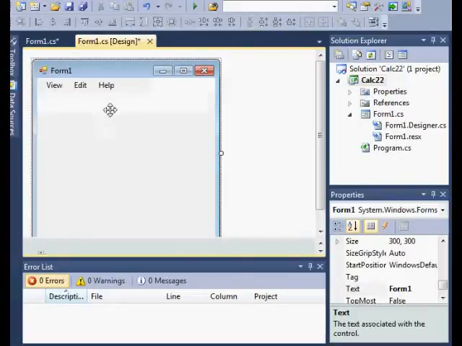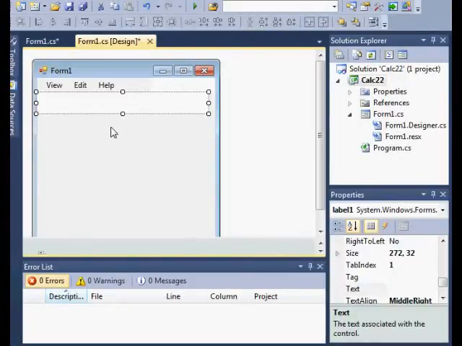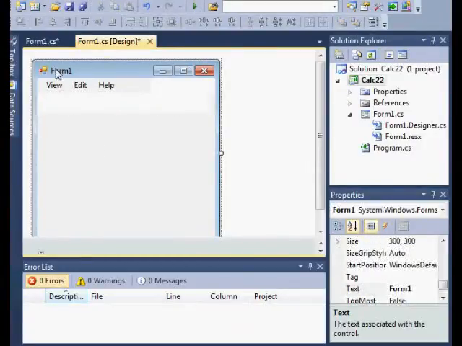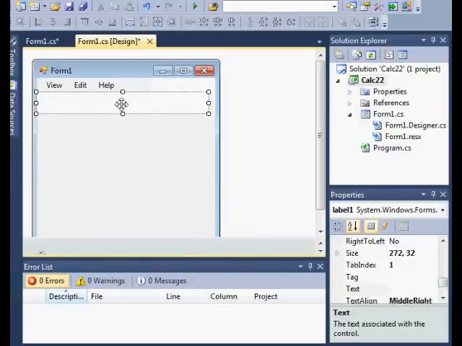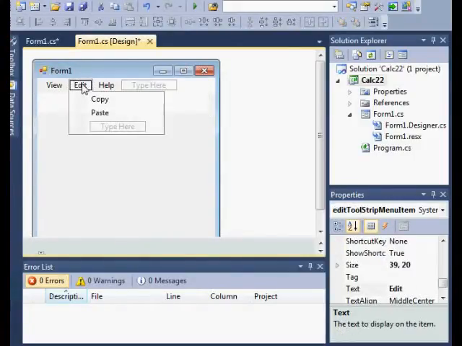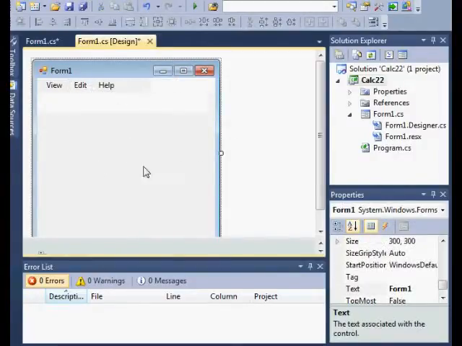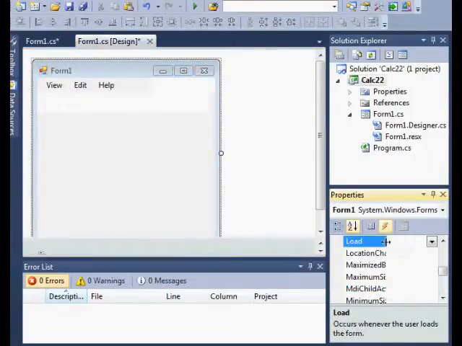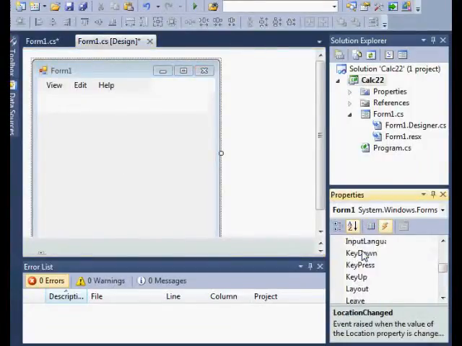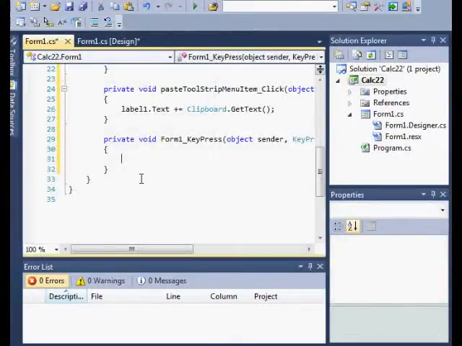Now when we come to entering values using the keyboard, we go to the properties, actually not properties, but the events of the form itself. Don't click on any of the controls on the form, but click on the form itself, then come to events. Under events there is key press. We shall get the key press and then say